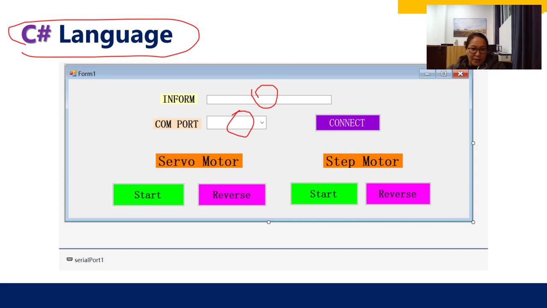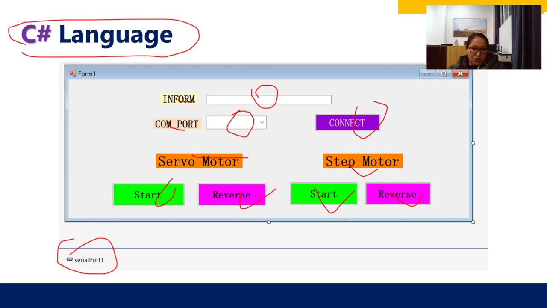Then we create 1, 2, 3, 4, 5 buttons and 1, 2, 3, 4 labels. Then create a serial port.